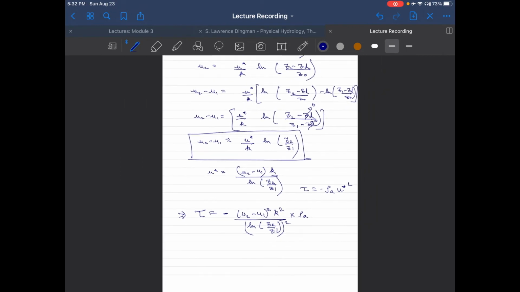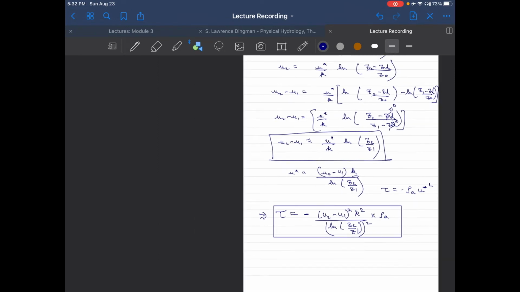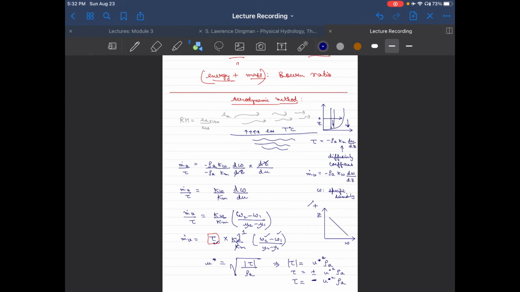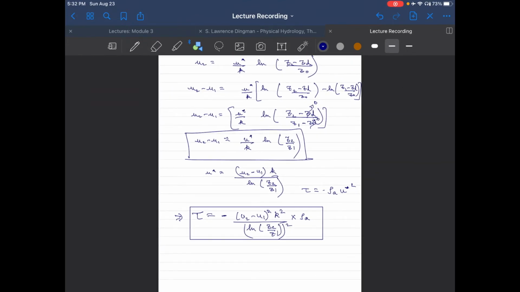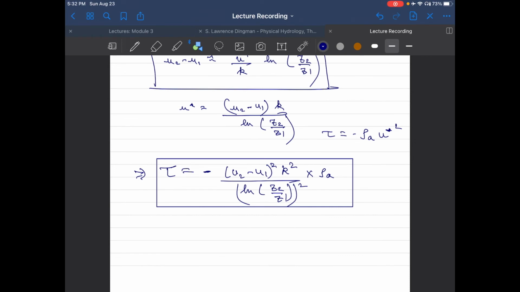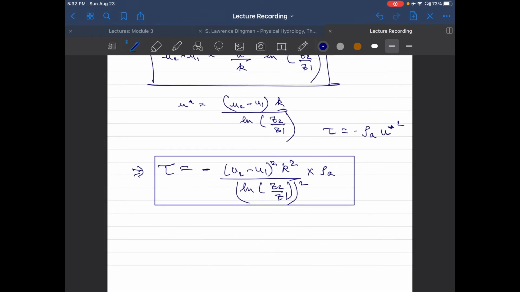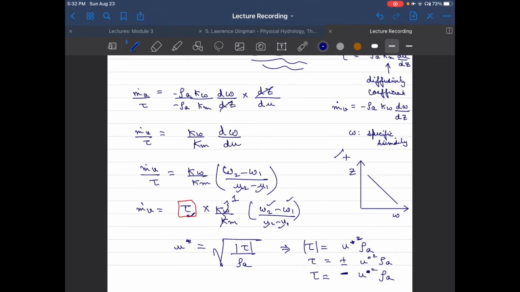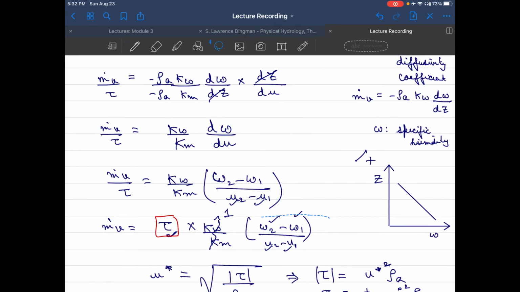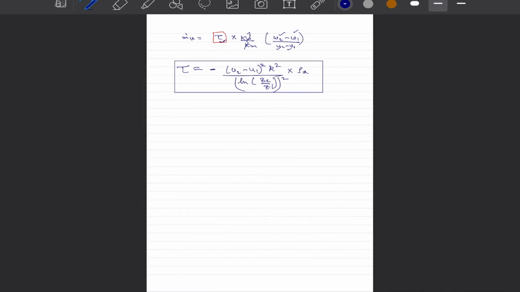Now we have finally calculated the value of tau, which we were going behind in this expression of mv dot, which is the rate of change of mass of water vapors in the system. And you recall that if we can estimate the mass of vapor that has been added, we can easily relate it to E, which we also did in our previous method of energy balance. So now we will substitute this tau in our expression of mv dot. Let me copy paste it so that we don't get lost anywhere. So this is what we derived.